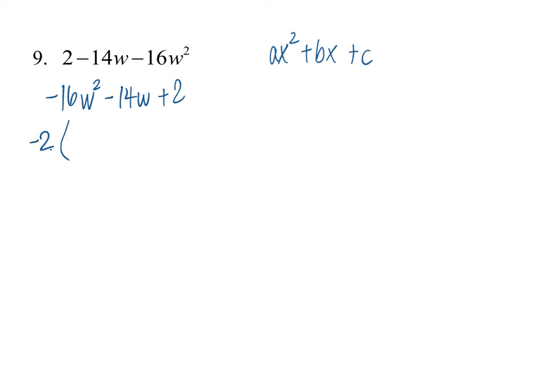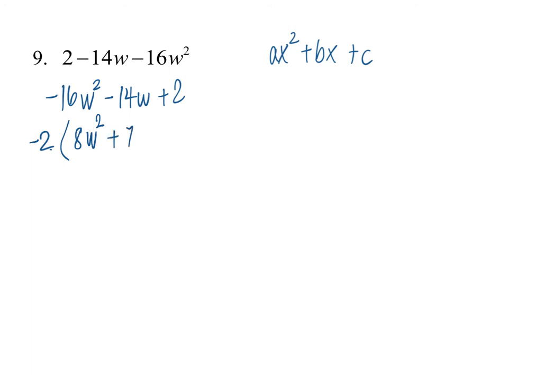On number 9, I'm used to looking for a GCF first. There is a GCF of 2, but before I factor out the 2, I do want to rewrite this in order, as far as the largest power comes first, and then the first power, and then the 2 goes in the back. Okay, so this is the form of ax squared plus bx plus c. Anyway, I can factor out a 2, but now the leading coefficient is that negative 16, so I do want to factor out a negative 2. And what we're left with is a positive 8w squared